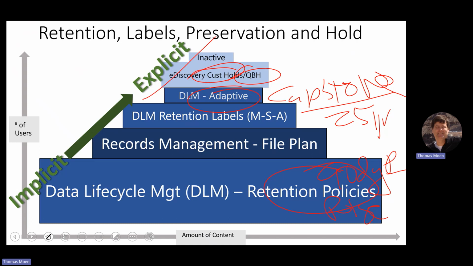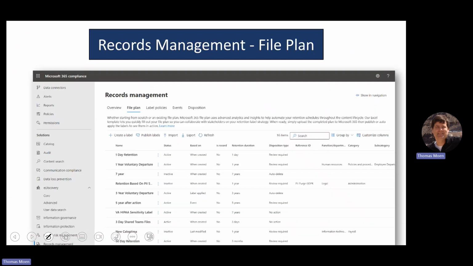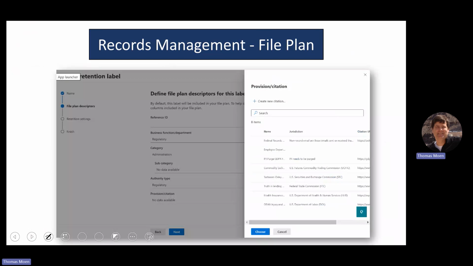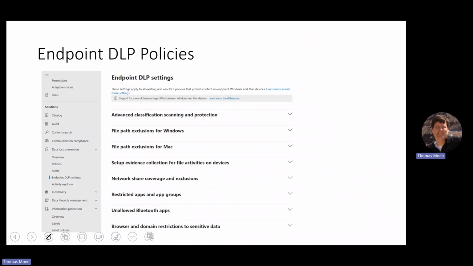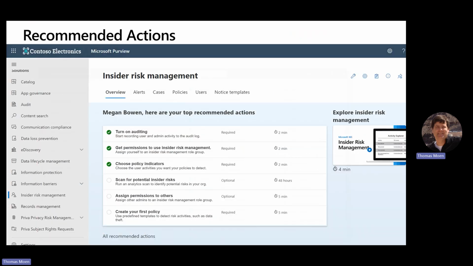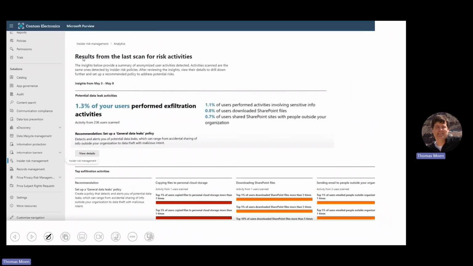So we look at this explicit from implicit and retain content based upon it being explicit or implicit, which is a beautiful thing. And again, not a records management session, but know that we've got all of these great capabilities in here to preserve and protect your content and satisfy all the needs of NARA and get them from 1934